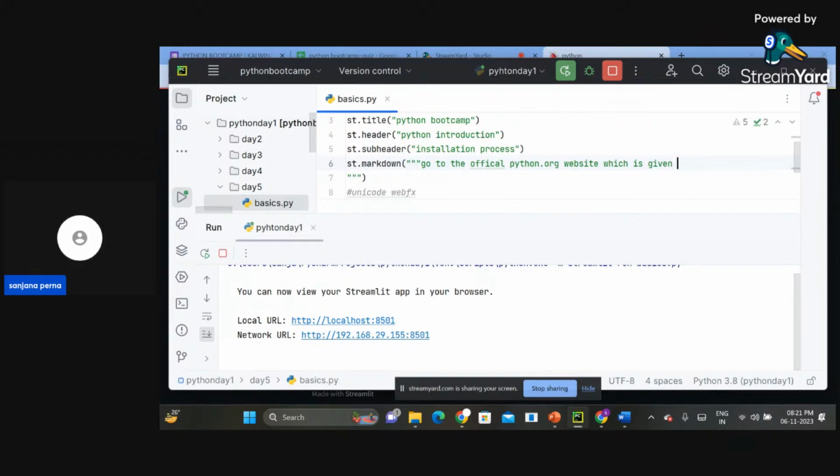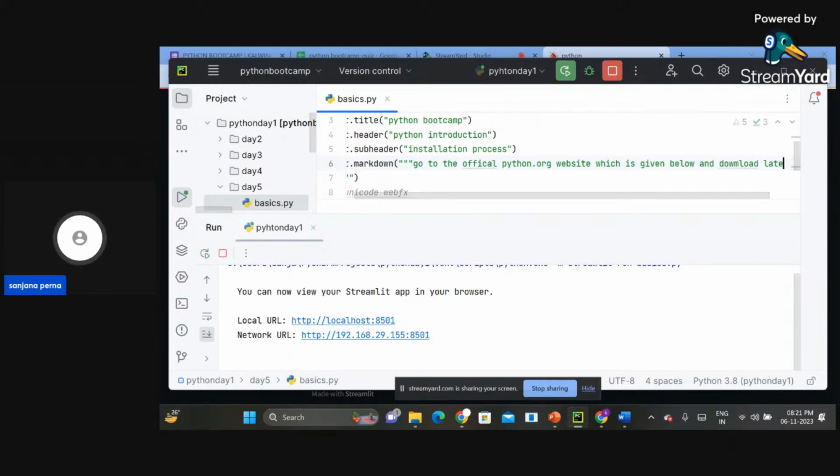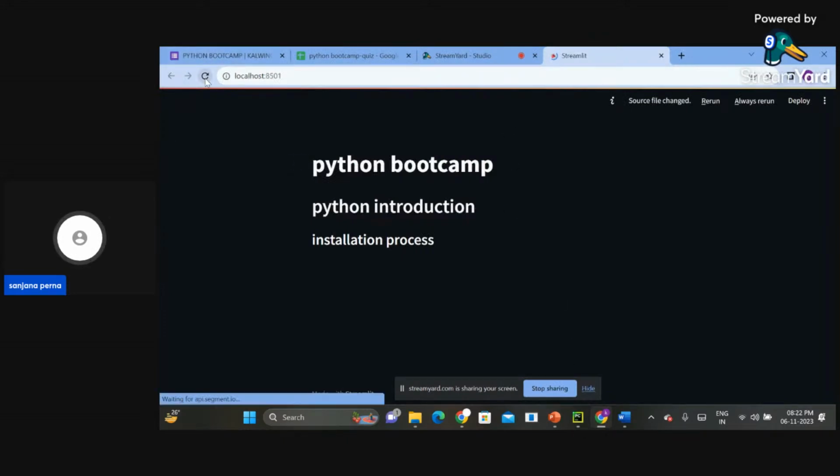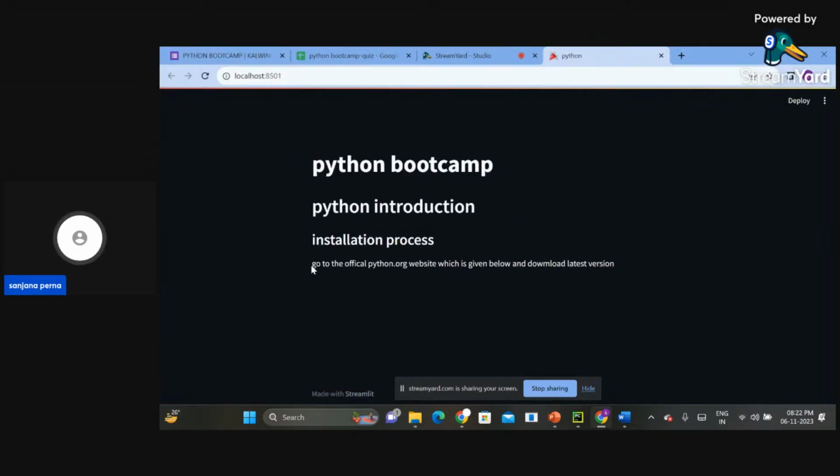Later, we will also try to include links, images, and videos. You can give any information according to your specific application. Here, I want to write a demo of how to install it, a web page that shows the installation process of Python. Okay, now we are good to go. Now I'm reloading the page. You can see the info here: go to the official python.org website,